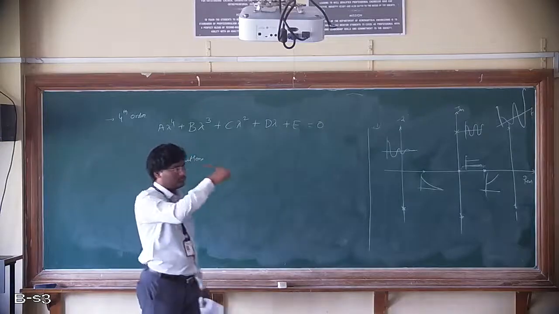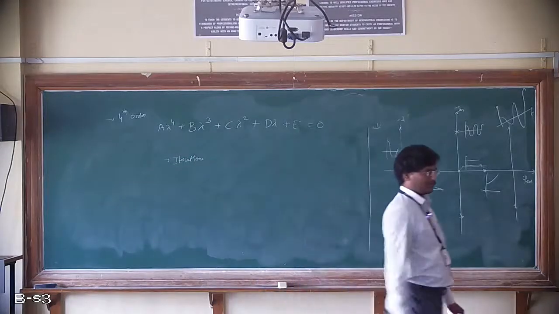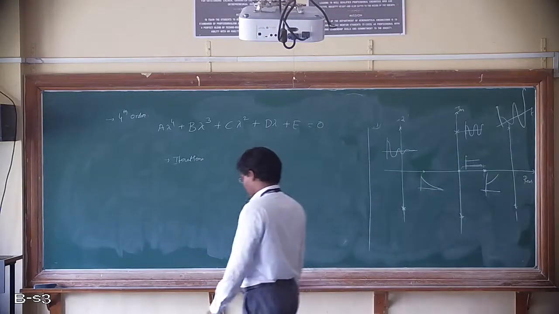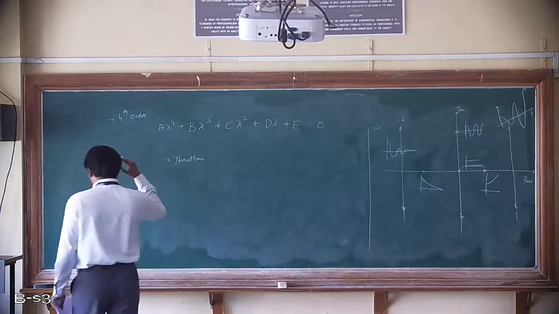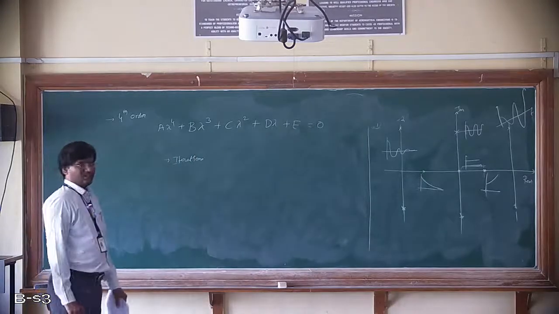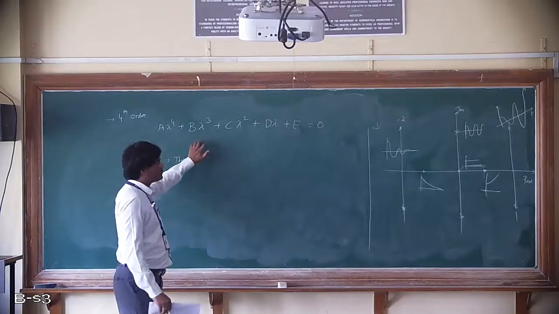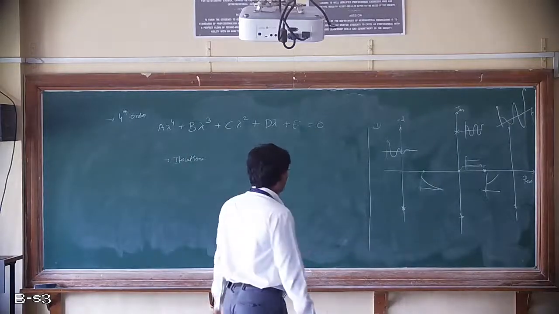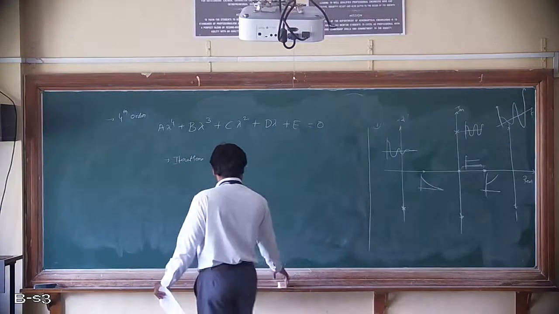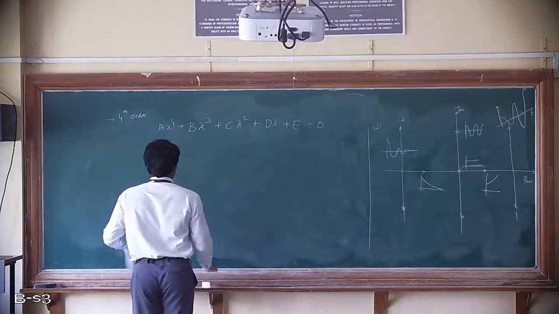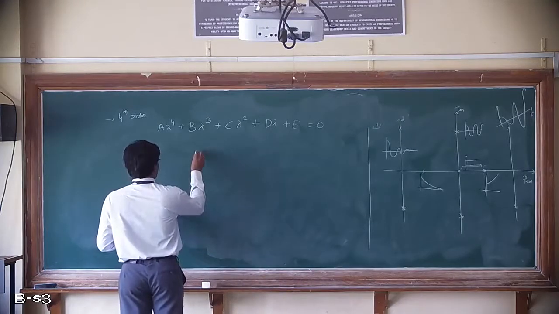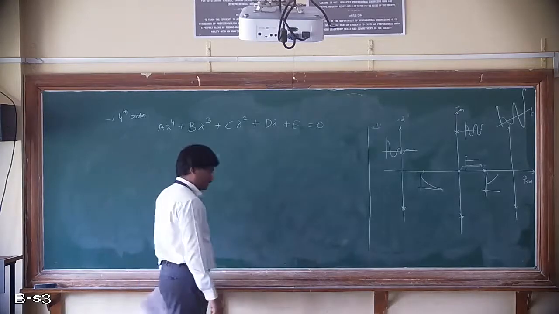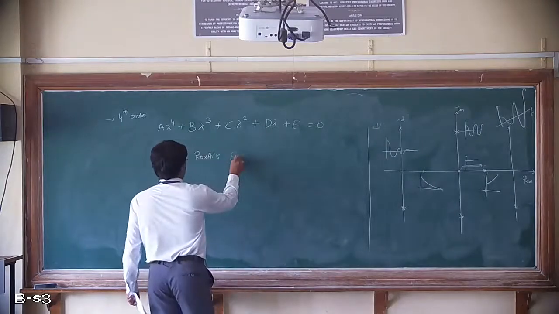So you will split this thing into second order. Later you will use iteration techniques and you will find it. But you don't want any roots. There is no need to find roots of this equation. You have to tell by observing this equation whether this system is stable or unstable. This thing you have to comment. So that's why we are using this technique. This technique is called Routh's criteria. Routh stability criteria, right?